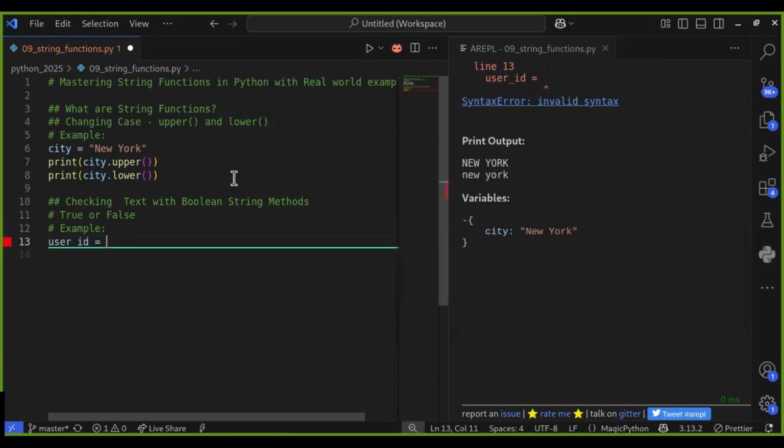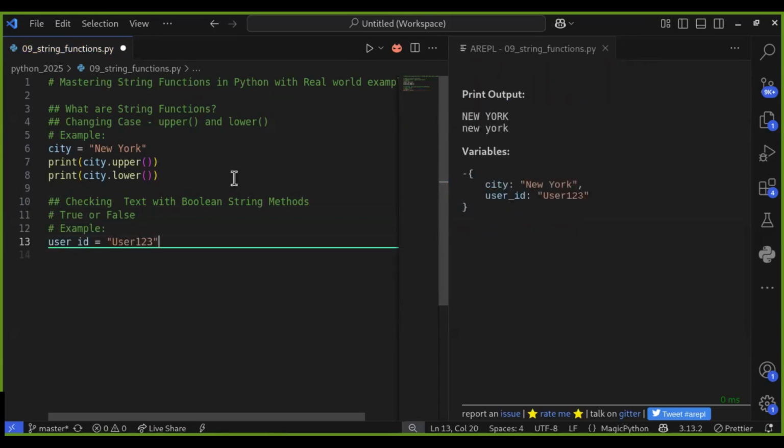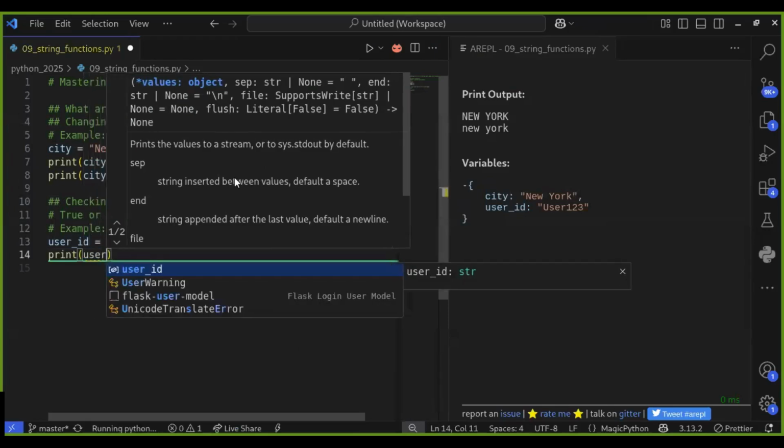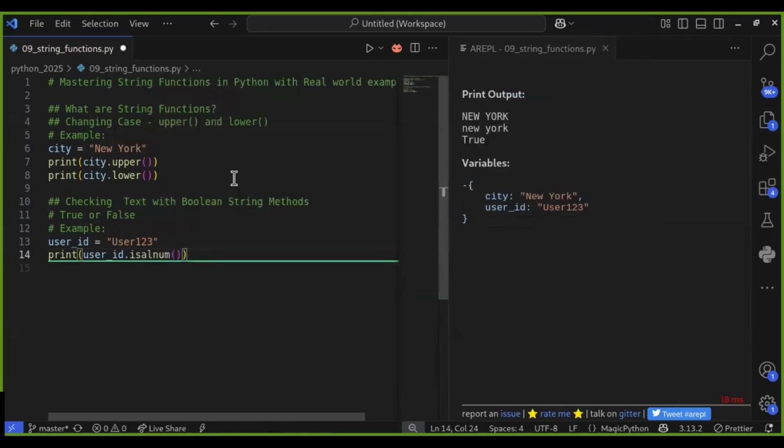User ID equals user123. Then check whether this user ID is alphanumeric using userID.isalnum. That returns true because it contains digits and alphabets.